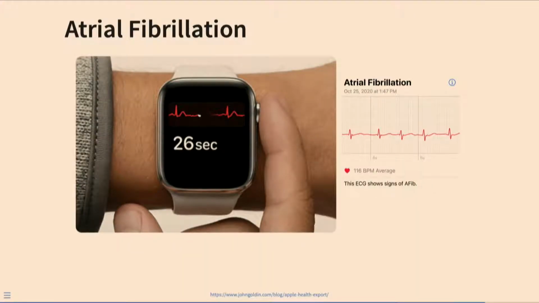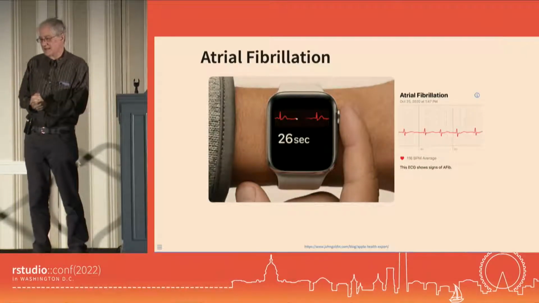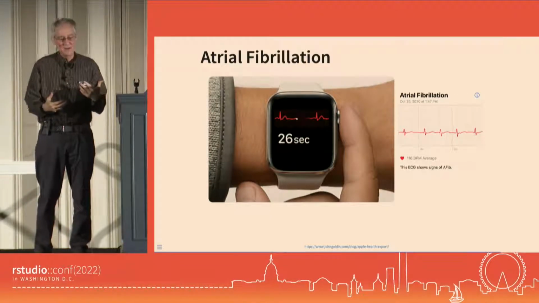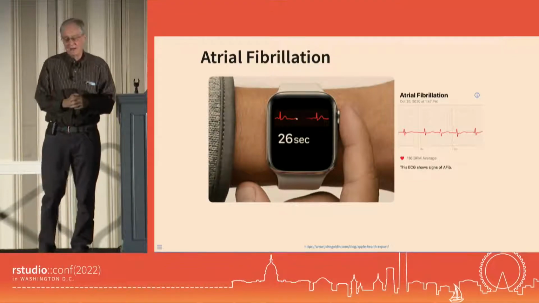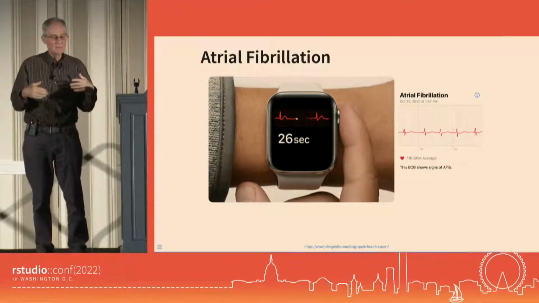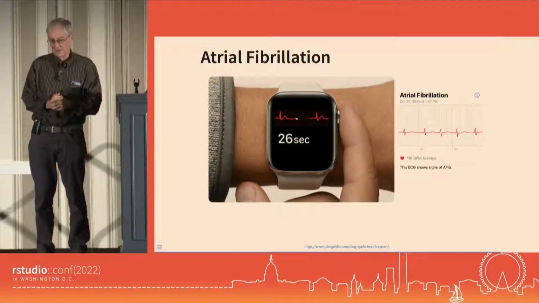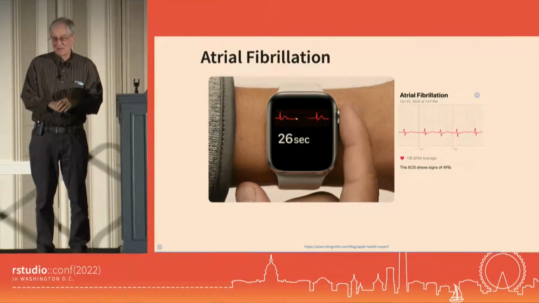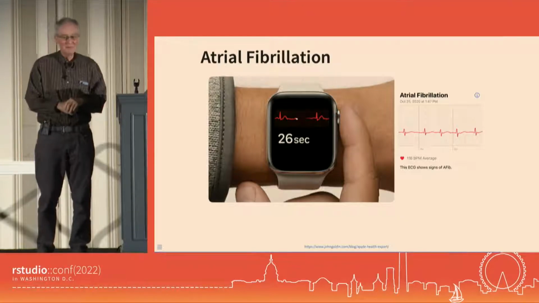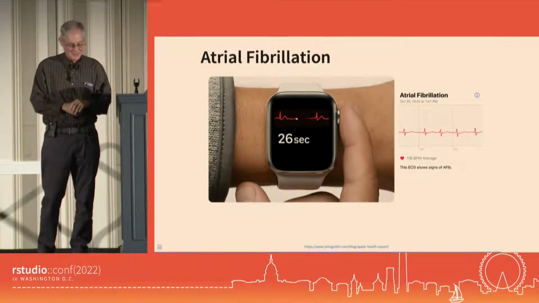So let's get into one last measure, which is different than all the others, which is the electrocardiogram, which was added with the Apple Watch 4. This is different because it actually has FDA approval as an actual medical device, doing the electrocardiogram, and then also the software that evaluates whether it's showing signs of atrial fibrillation. Atrial fibrillation is a problem with the electrical signal in the upper chamber of the heart. I should emphasize for this population that it's generally a problem among the elderly, not a problem for the age demographic that is typical of this conference.